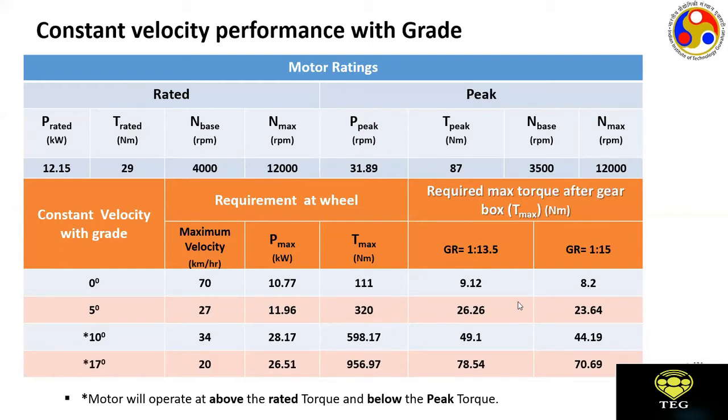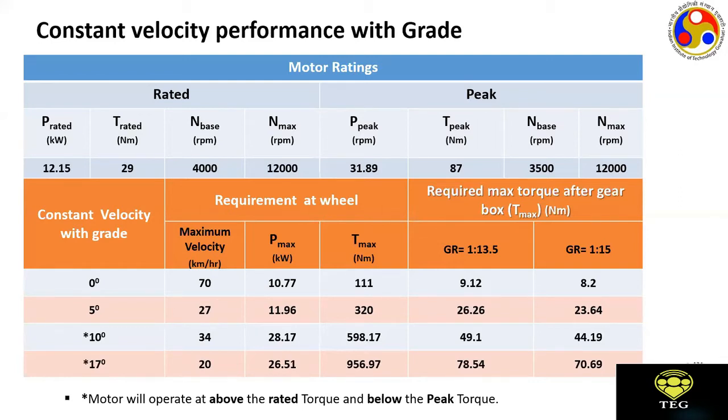So that was what we saw, and we also analyzed that all the numbers that we got were based on the drive cycle. So depending on the typical driving pattern which the vehicle will undergo, we could get an idea of what would be the power and the torque requirements of the motors which would be going into the vehicle, as well as what would be the maximum speeds and so on. So that was the initial idea.